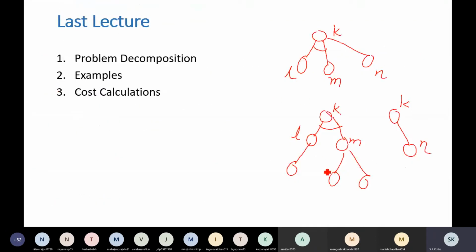For example, suppose this is O, P and Q. If you are at P, you will have to attach the back pointer of this node P to M and Q also to M. So your algorithm will come to know that P and Q have the same parent, and that is node M. To remember the structure, which node is a child of which node, you will have to attach back pointers. This can be implemented by a doubly linked list or that kind of mechanism.